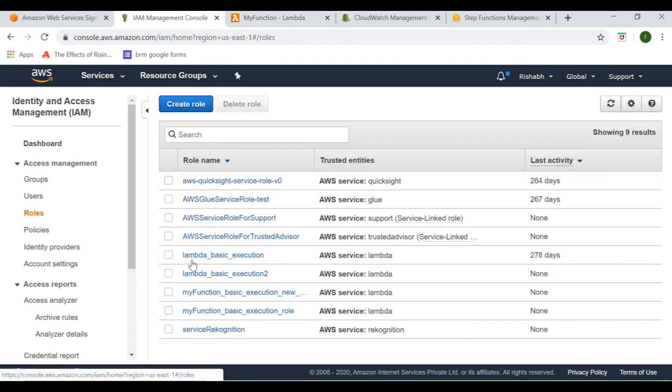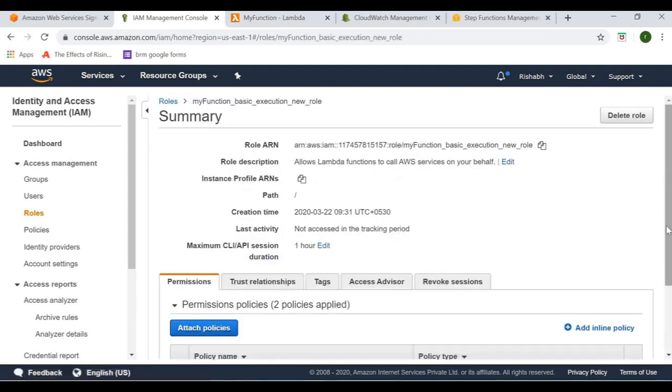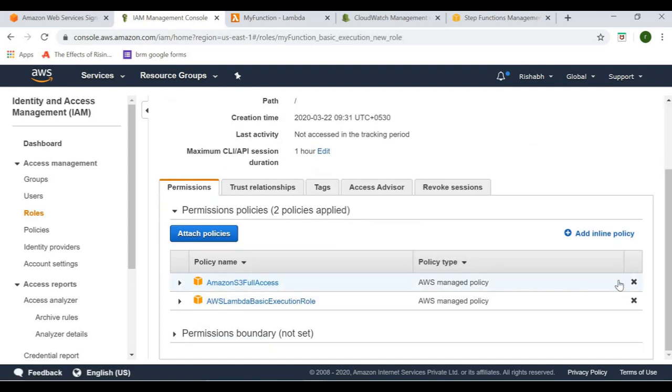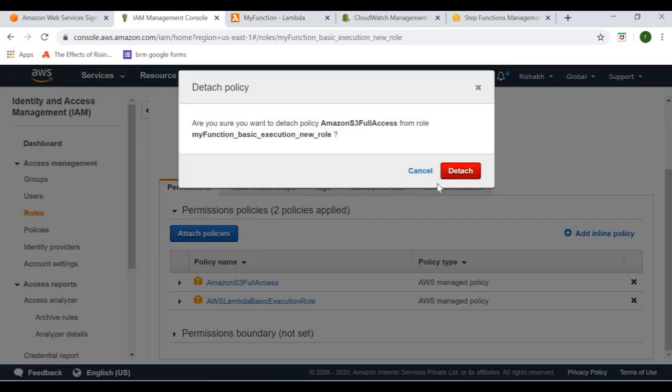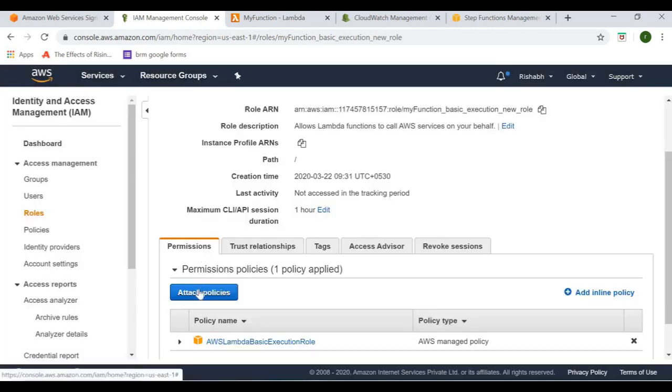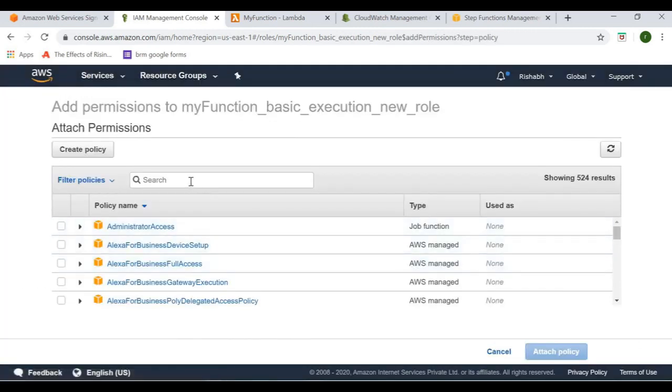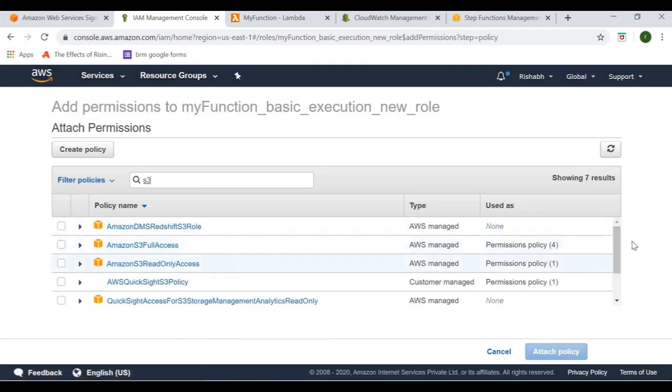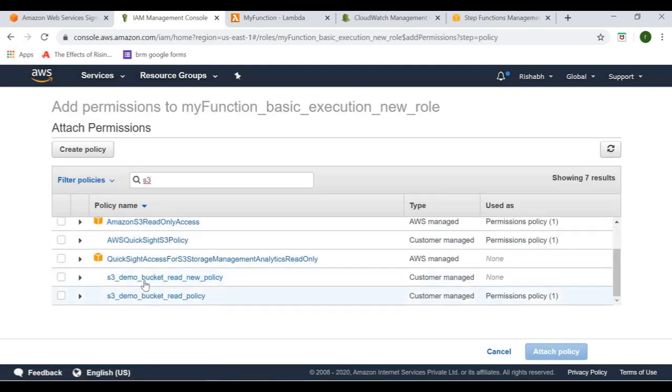Now let's say to my previous role, which was this, I want to edit it. So I do not want to provide a S3 full access. I can remove it. And I want to provide only a read-only access on that particular bucket. So I can click on attach policy, and I'm just going to search for my policy which I created. So we can see this is the policy.